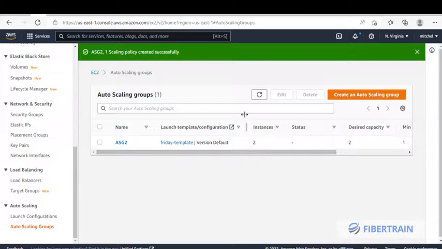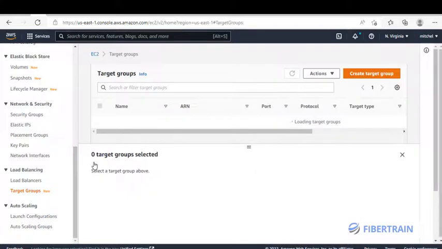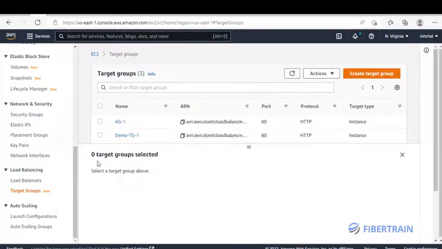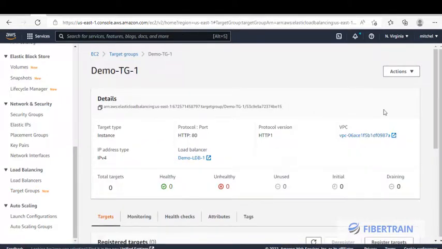ASG2 has been created successfully, and that's good news. So if you look at target groups here under load balancer, just hold on for the page to load up. And yeah, so the target group, we call it demo TG1, and if you should expand this demo TG1 and look at the target,